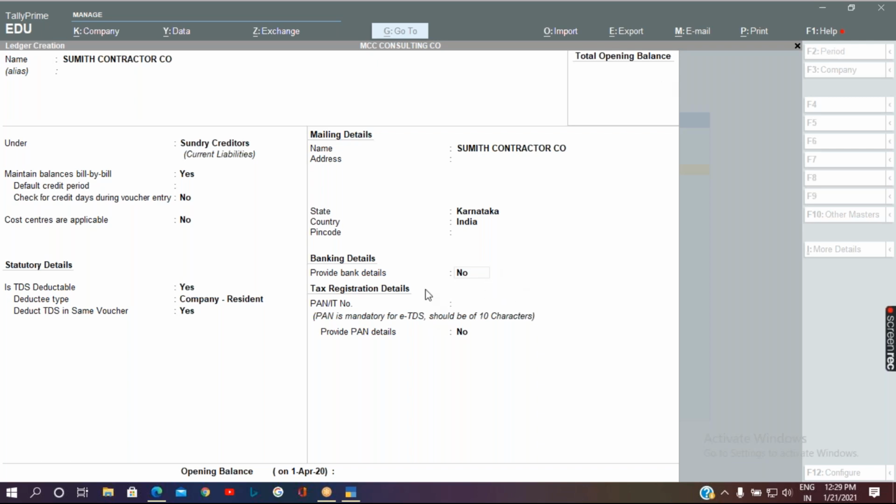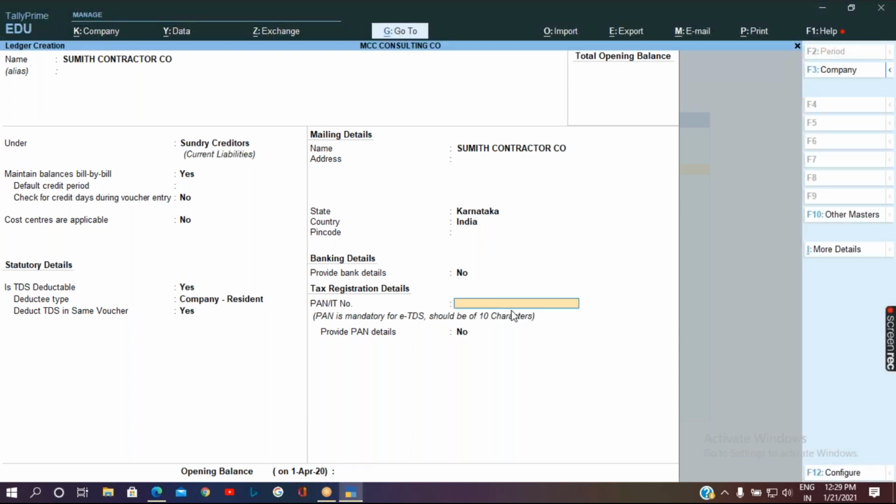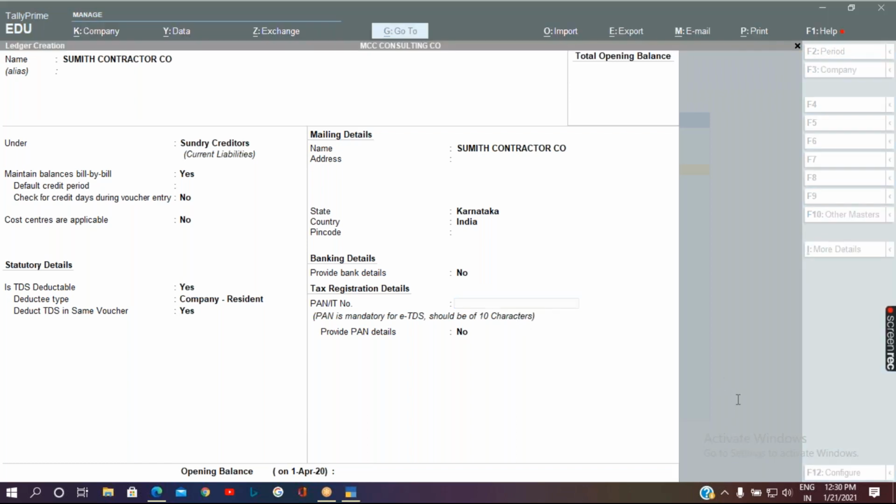So it is mandatory to specify the PAN number because when you are not going to specify the PAN number for the party, it will deduct at a higher rate.